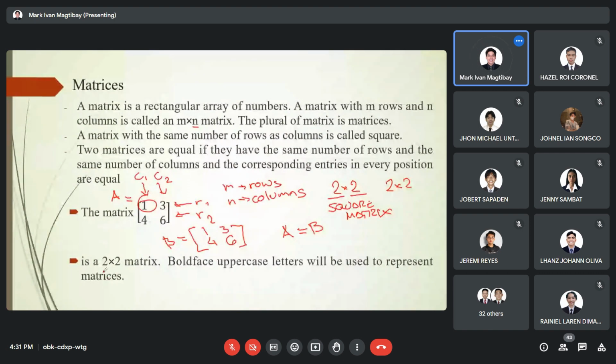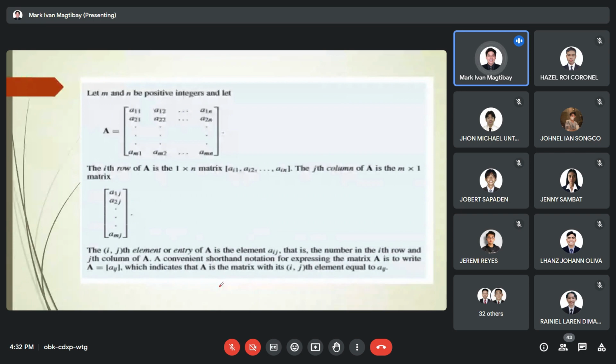Okay? And then the matrix is a 2 by 2 matrix. Boldface uppercase letters po ang gagamitin natin to represent matrices. Okay? Yung mga capital letters po natin, meaning to say that is for naming our matrix. Okay, so paano naman po natin papangalanan yung ating mga elements? So ano pong position? Ano po yung pinaka-address ng per element natin? So dito po, makikita natin, let m, let n